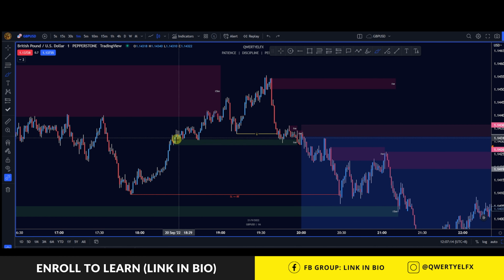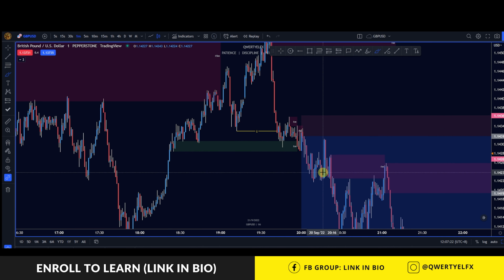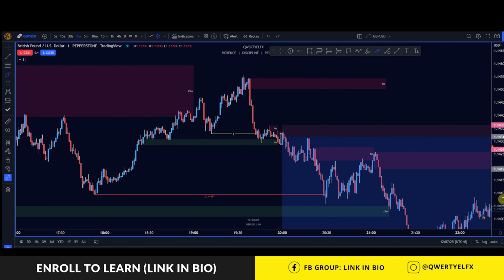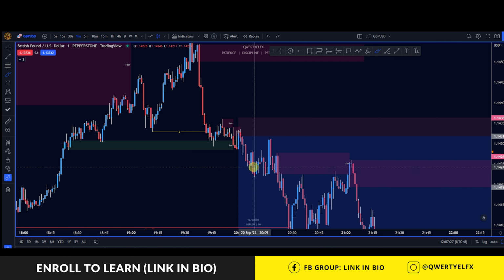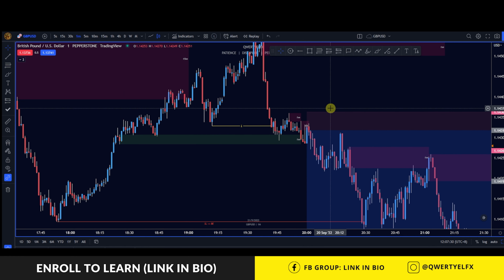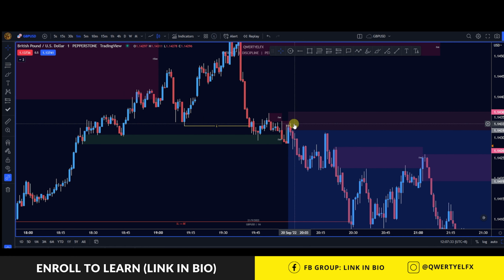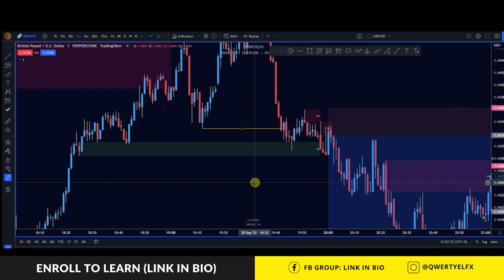However, I noticed that we had this 1 minute demand zone being created here, causing the push into the 15-minute sell zone. When price tapped it, I noticed that price stopped. So for me, I was already short biased. I was looking for signs that the sellers were actually still in control. So this price action is a bit tricky because we can see that over here,